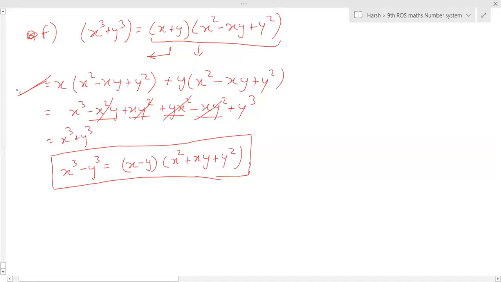This is what I showed you, no? I multiplied this to show you that this is x cube plus y cube. And similarly, if you multiply these two, you will get x cube minus y cube. Before asking a question, you also ask yourself. If you get the answer, then that question will be avoided, isn't it?